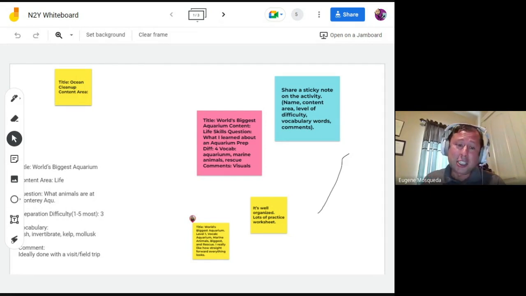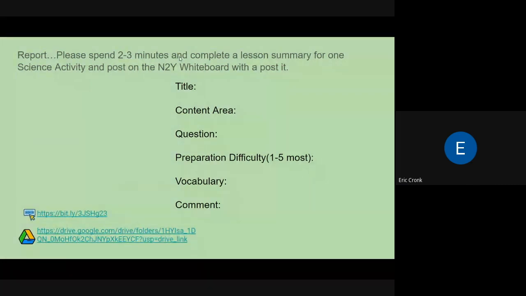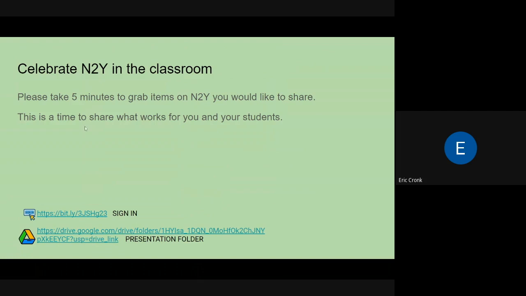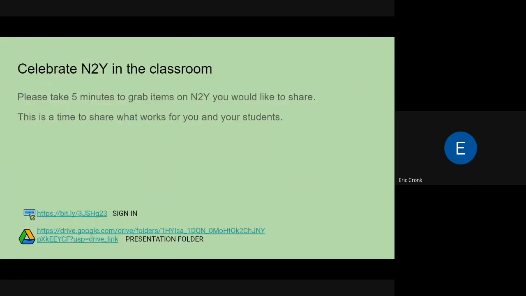Would anyone else like to share? Yes, Mr. Mosqueda. I was looking at the Nemo's Garden one, and that was really interesting. I'm not always a science teacher, I'm a substitute teacher in the classrooms.